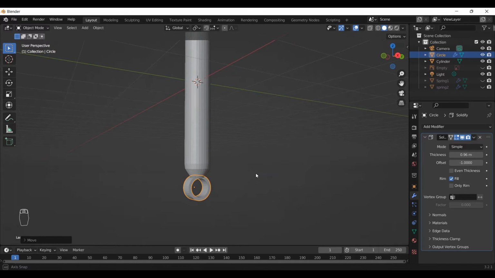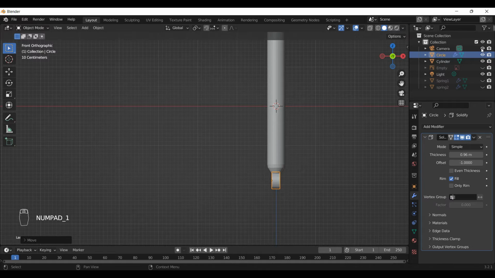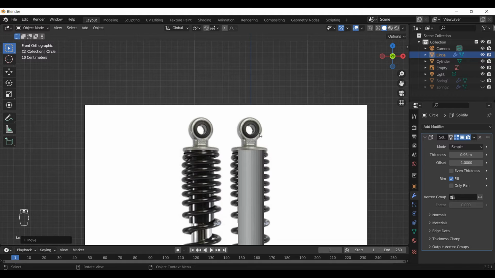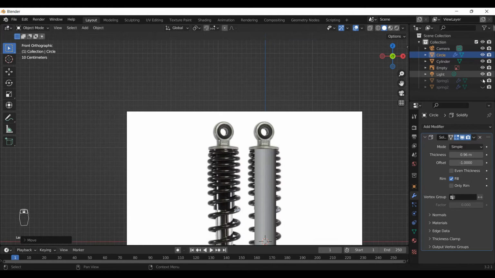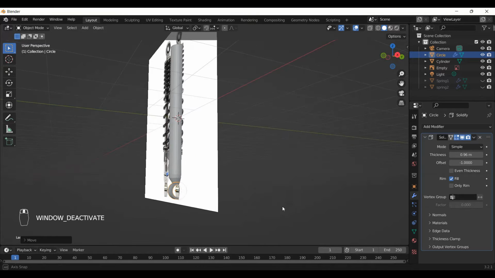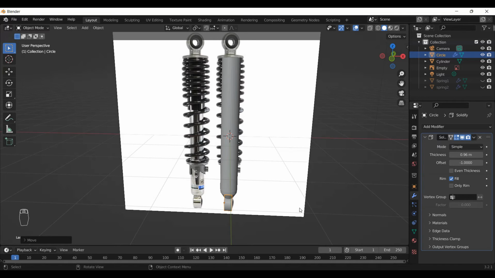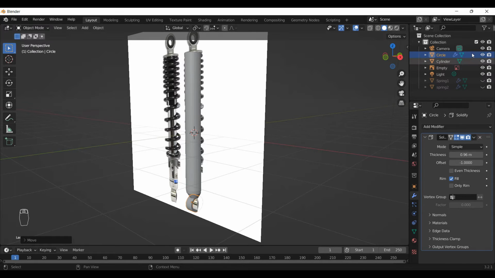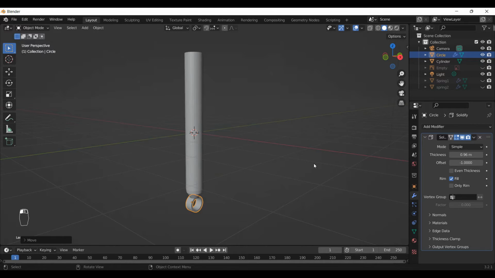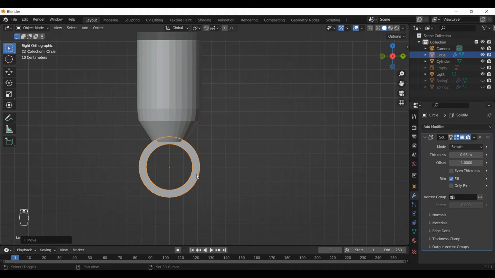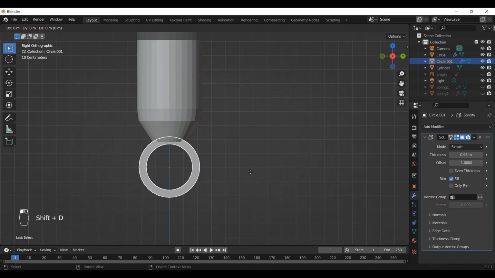like this. But we actually need the center black circle, black rubber, which actually works as a grip. So we will just duplicate that. So let's add that black thing in this. So sorry, let's hide this empty. Go to side view by pressing 3, and duplicate this circle by pressing Shift D, and scale it down